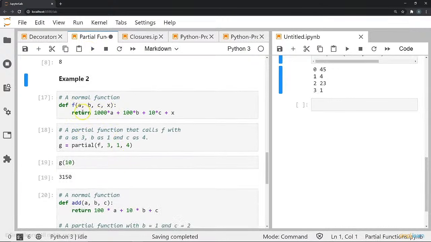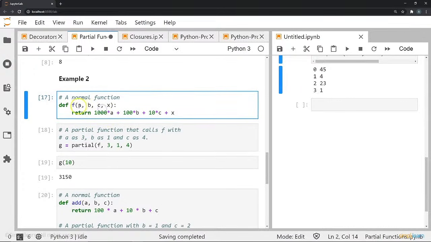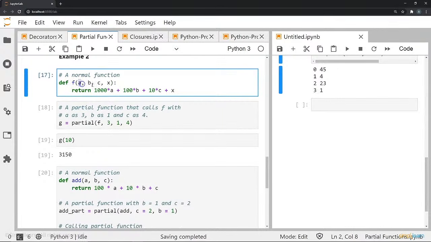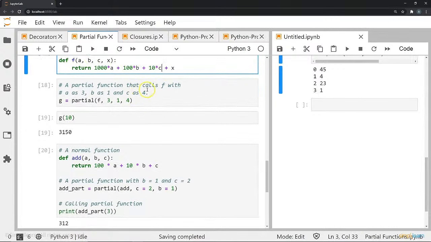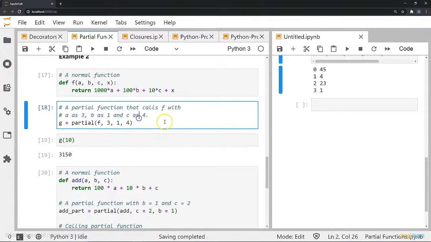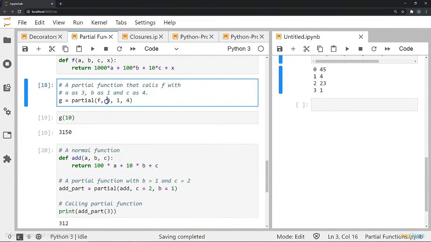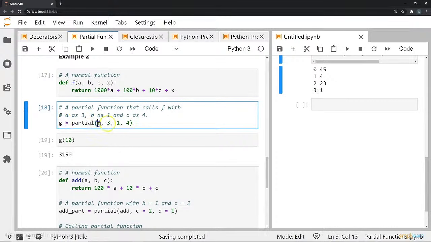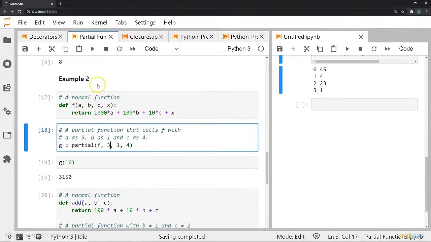So we have this function where we define some function with 4 arguments: a, b, c and x. We're going to return 1000 times a plus 100 times b plus 10 times c plus x. Now we're going to create a partial function that calls this function, but it's going to use a as 3, b as 1 and c as 4 always. And how we do that is g is equal to partial like this. So once we've executed these,